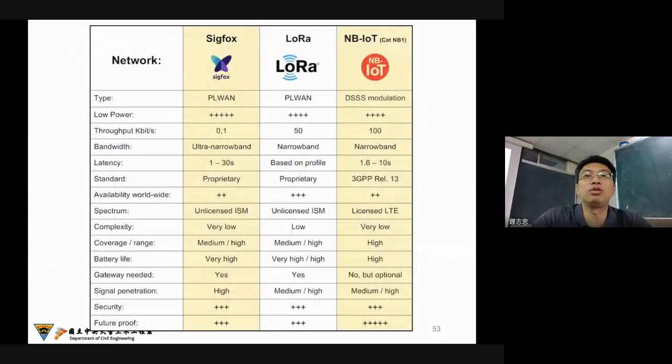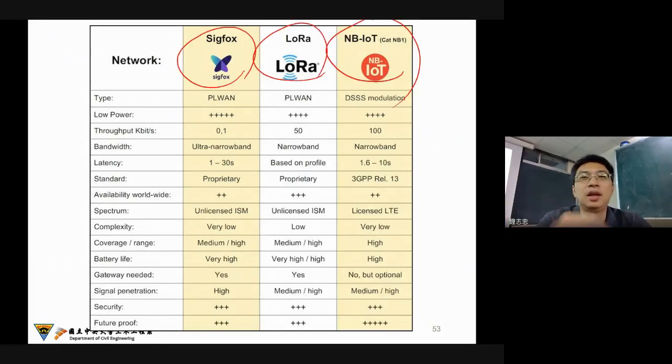And next, I would like to show you that in these last 2 or 3 years, we have new technologies of long range and low power consumption. The 3 famous ones: Sigfox, the second one is LoRa, and the third one is NB-IoT. I would like to say Sigfox and NB-IoT are much similar. LoRa is another one. But what is the difference? LoRa,